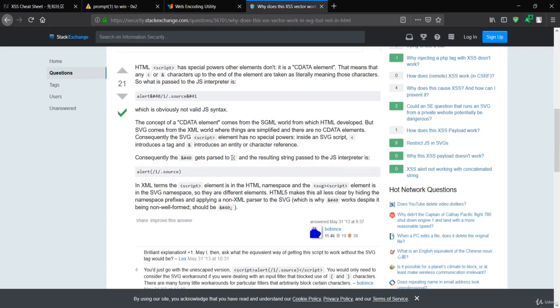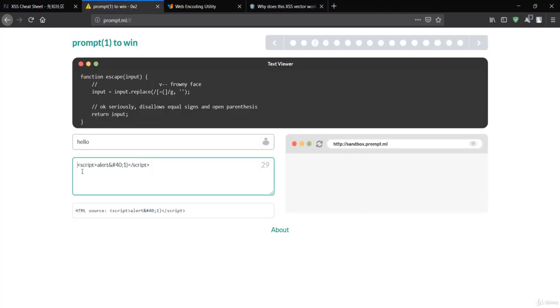So if I just pass this opening parenthesis, it won't be parsed or encoded. It will simply remain the opening parenthesis, because the concept of the CDATA element is only in the SGML world that HTML has developed from. So you must remember one thing: if plain text has been the output, then you need to just pass SVG, which is our vector.